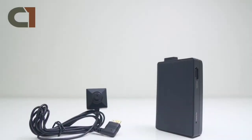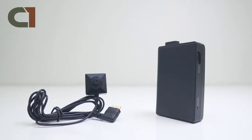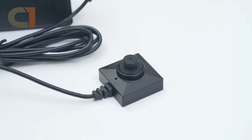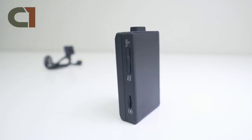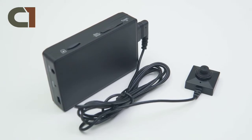One of our most popular hidden camera kits, the PV500 HDW bundle from Lawmate. This kit includes their BU18HD pinhole camera and their PV500 HDW DVR. It's perfect for security personnel and law enforcement who need a discreet, wearable camera that has a long battery life